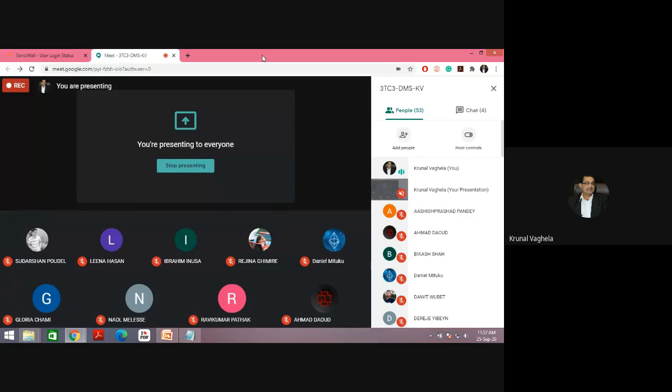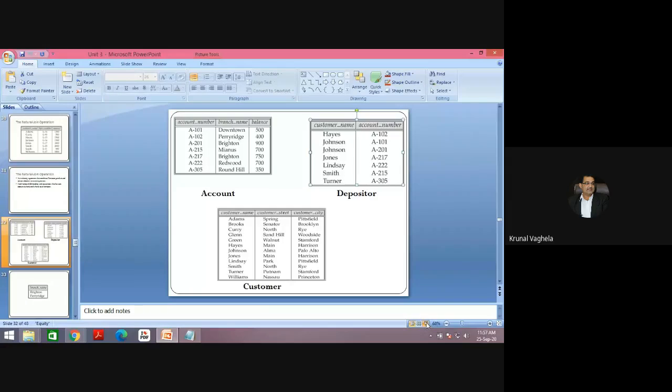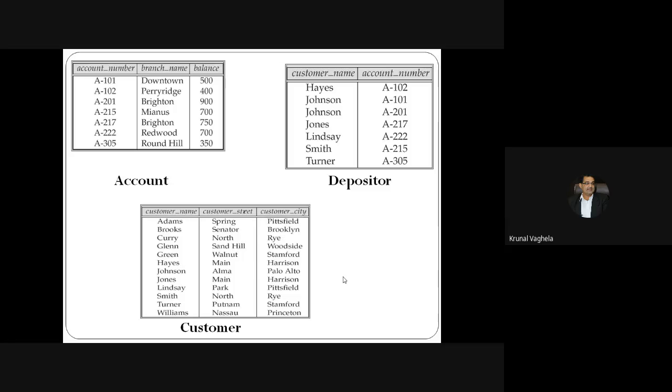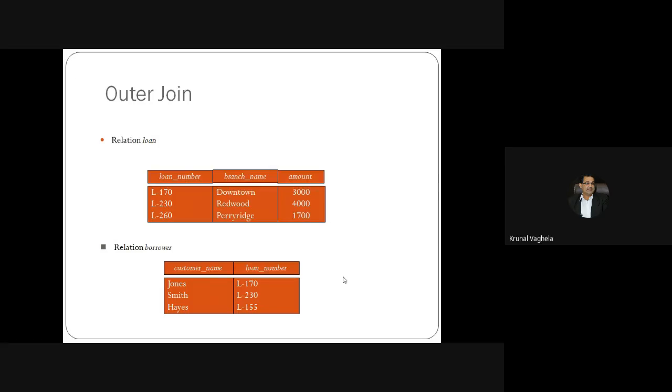So this was the natural join operation. Now there are many versions of the natural join operation. Let us see those versions. And you can say it is outer join.